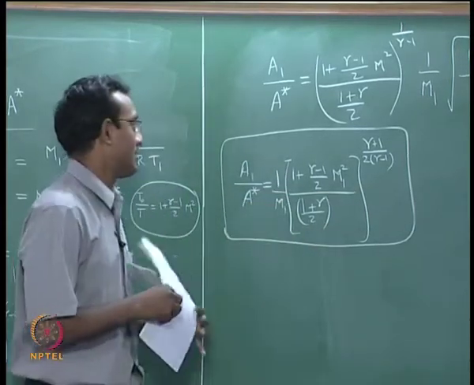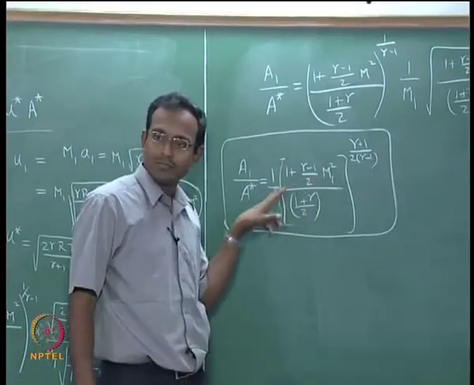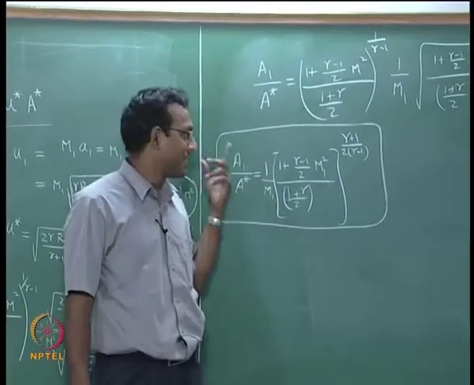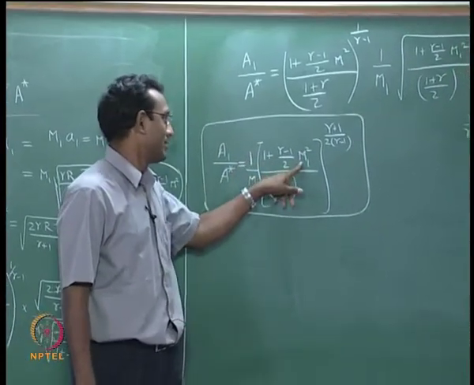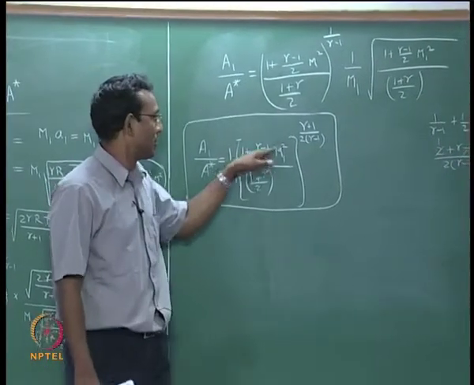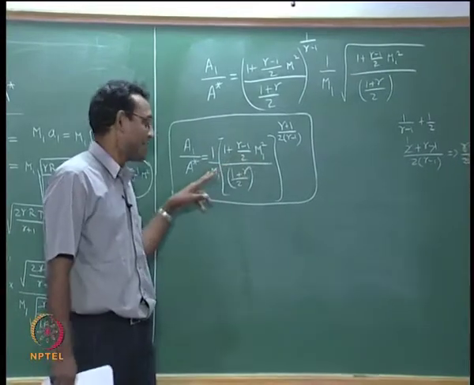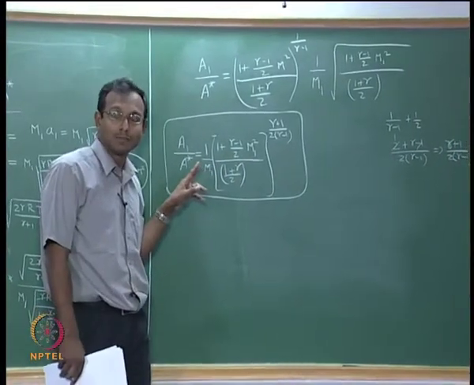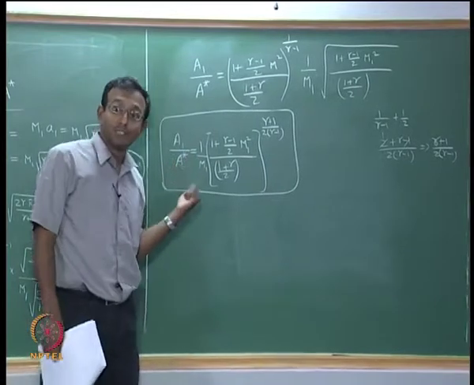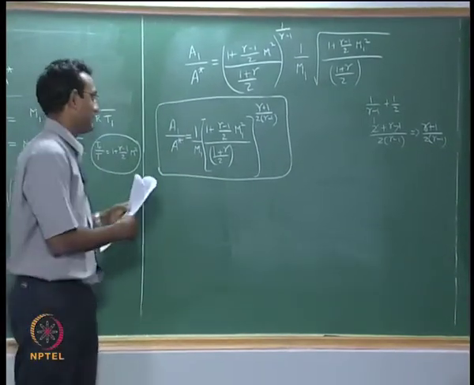Will it automatically be so even if it is subsonic? I can say when it is supersonic, Mach number square divided by Mach number is going to be a very high power, so it is easy to say that it is going to increase. Can I tell that it is the same when it is decreasing, when it is subsonic? We will look at the plot after some time, but that is what will happen there.